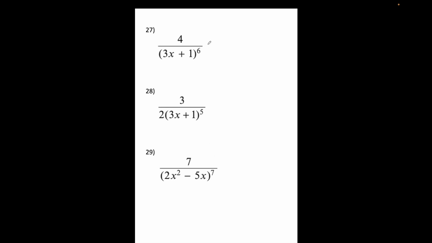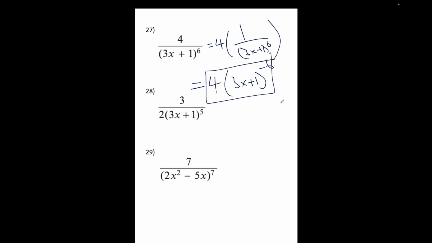This thing over here, 4 brackets 1 over 3x plus 1 to the power of 6, which is the same thing as 4 times 3x plus 1 to the power of negative 6, isn't it? Remember, 1 divided by something to the power of 6 is the same as that something to the power of negative 6, which is preferable because now it turns into a number times x to the power of another number format. Negative 24 bracket 3x plus 1 to the power of negative 7 times the whole thing by 3, which is equal to negative 72 bracket 3x plus 1 to the power of negative